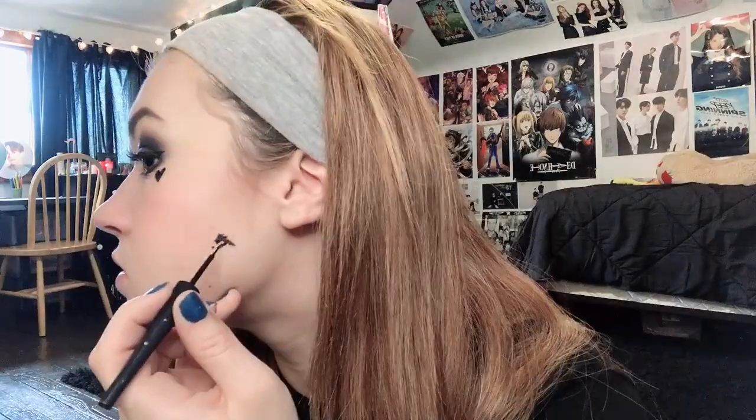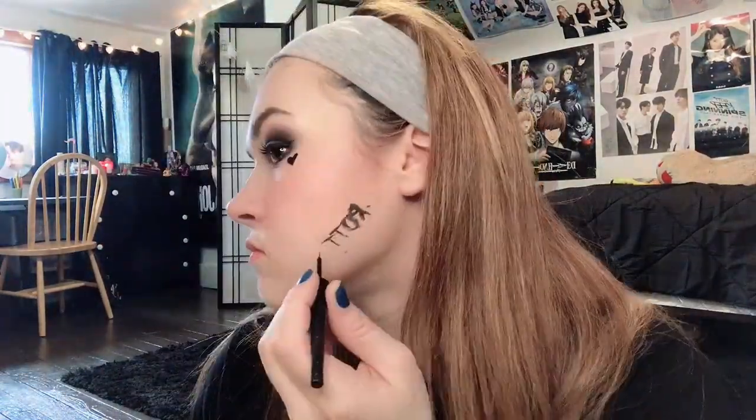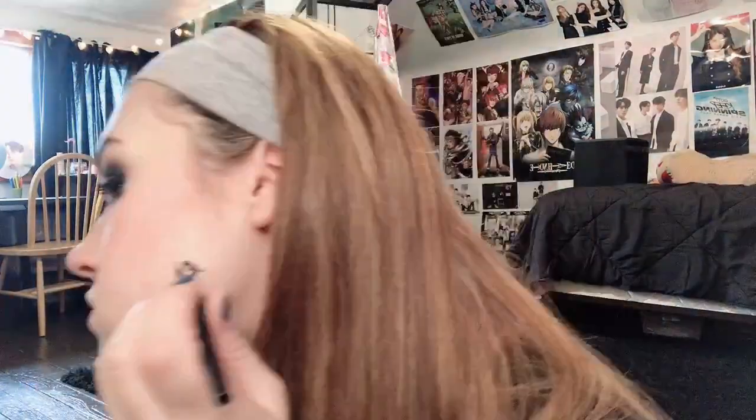Now, the most delicate part of the process is the tattoos. Heart. This one's rough. That might be the worst I've ever done it. I'm gonna redo it. It's not perfect, but